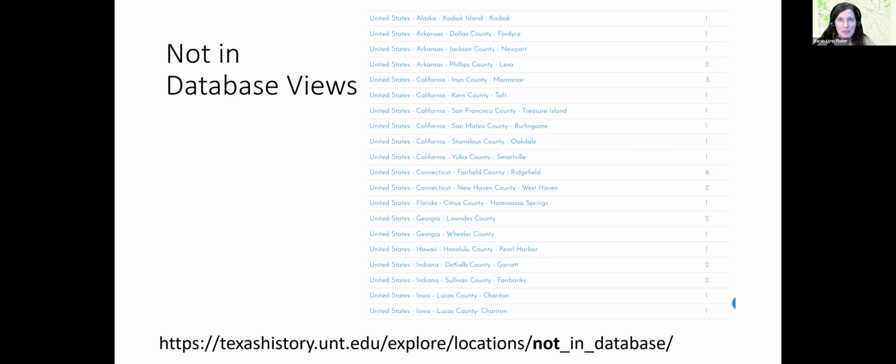And the boroughs in Alaska are just a challenge, and also places in Hawaii as well. And then how do we represent islands? For example, you can see that Treasure Island is on this list, but that's actually within the city of San Francisco. And for the guidelines that we have set forth for how we're going to enter place names,